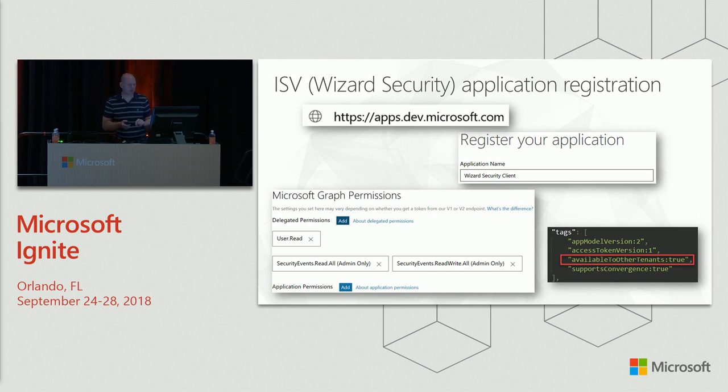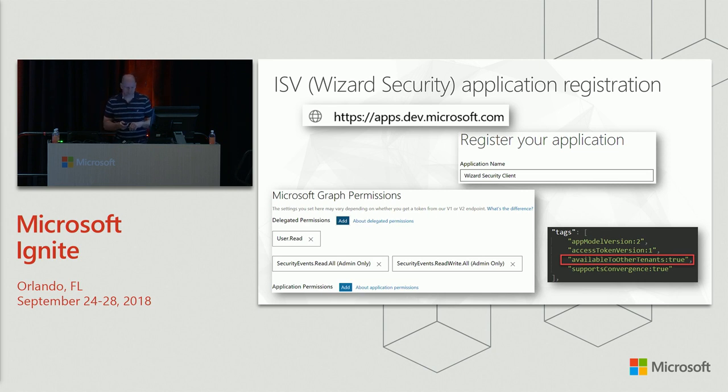That's very, very important. There are different sets of permissions in Microsoft Graph. Some of them can be consented to by a particular user. Some of them have to be consented to by the organization's admin. In the case of the security data we're talking about, it's very sensitive, so we don't want just anybody at the company to be able to do this. So the tenant admin does need to be the one to grant these permissions,